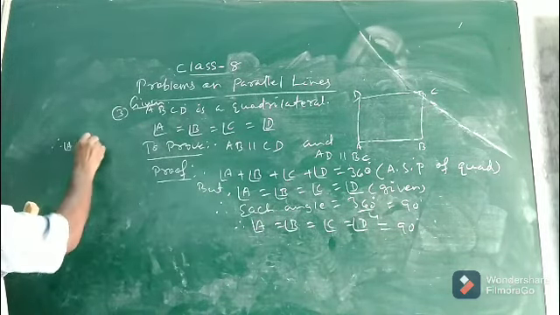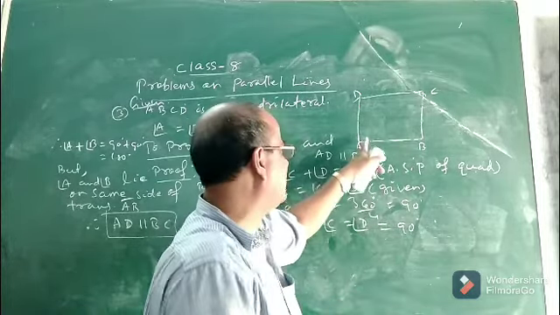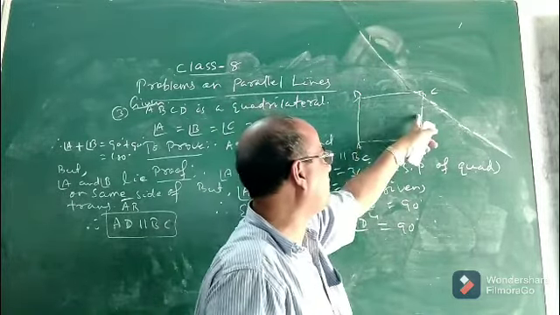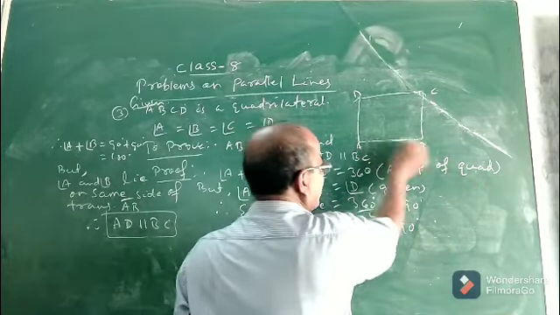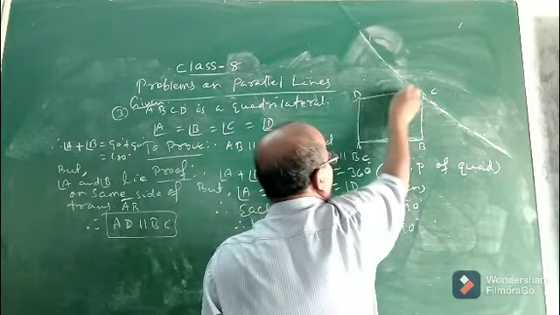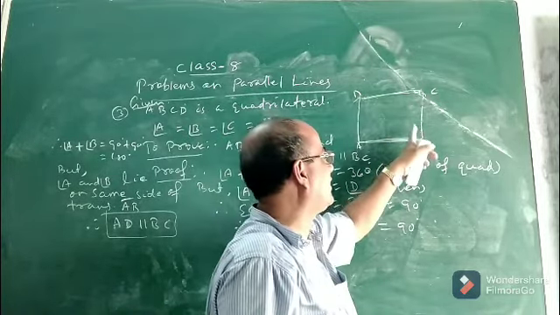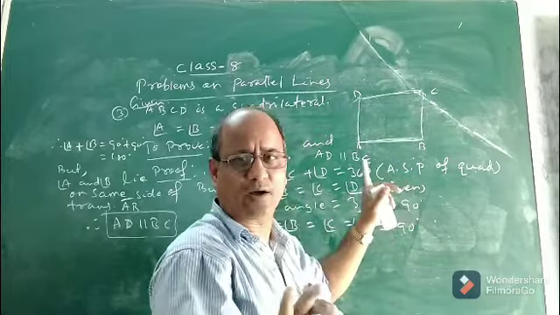So what is the reason? The reason will be, since a pair of interior angles lying on the same side of a transversal is supplementary. So the second one you can apply similar logic. You can write directly, or similarly, you see. Here we proved AD parallel to BC. Now what is our aim? The other aim is we have to prove AB parallel to CD. Now to prove AB parallel to CD, you can take either angle A and angle D, or you can take angle B and C. Any one pair you can consider.